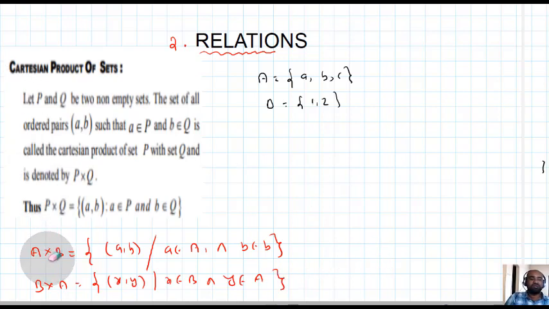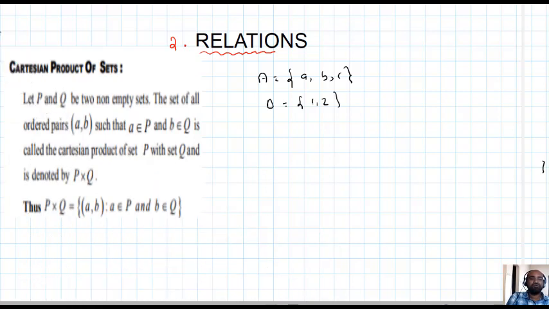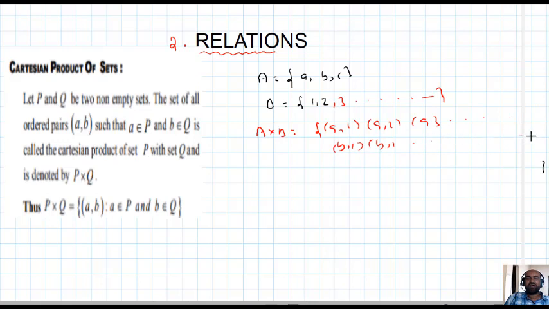Okay. Now why they gave non-empty set, I will show you. If any one of them is infinite, here are two important notes. First of all, among these two sets, any one of them is infinite. For example, this is an infinite set. So find A cross B. What happened? A comma 1, A comma 2, A comma so on, B comma 1, B comma 2, so on. That means A cross B is also infinite. So this you should write as a note. Either A or B or both are infinite, then A cross B is also infinite.